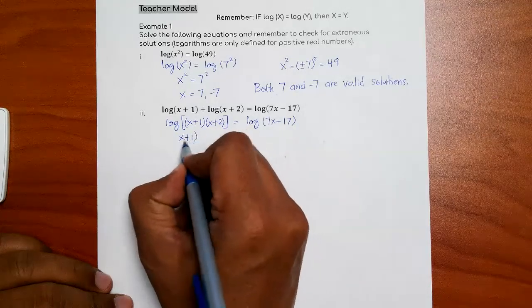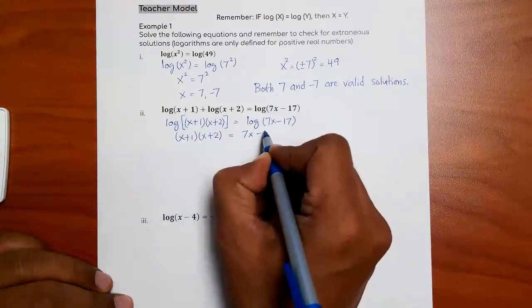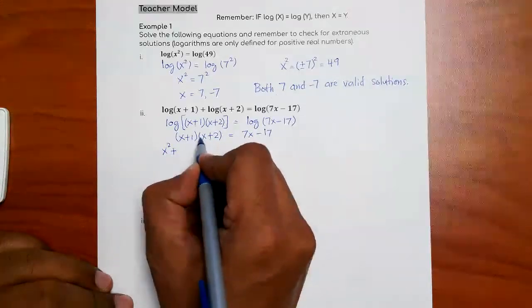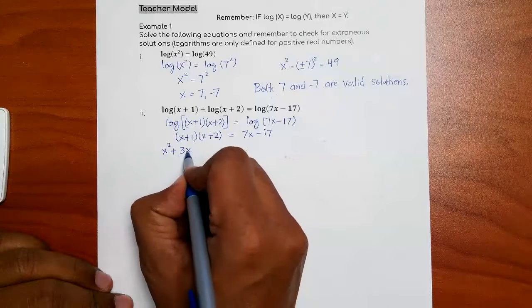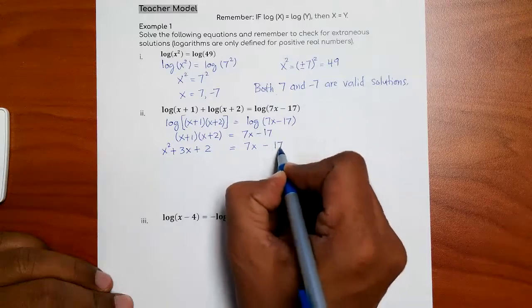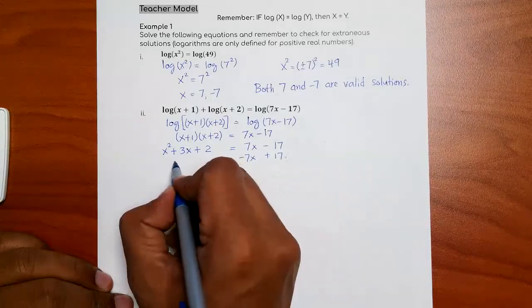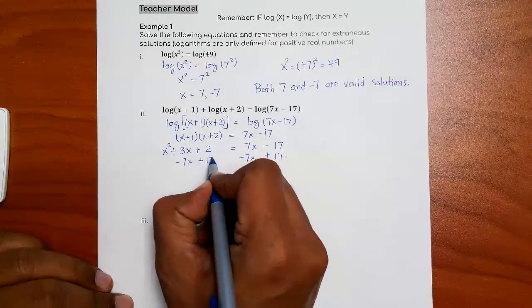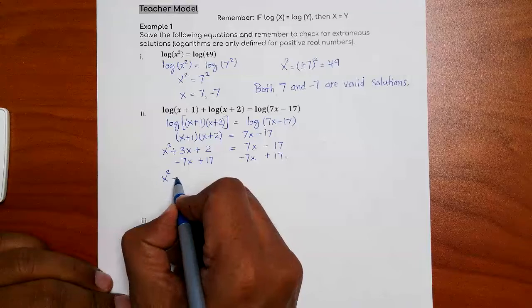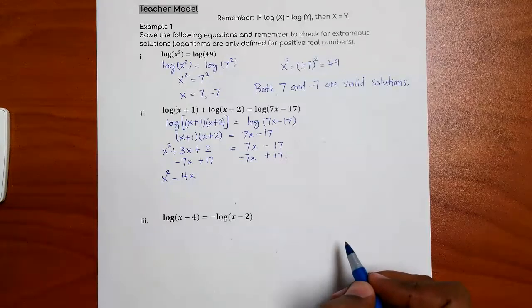Then (x plus 1) times (x plus 2) is equal to 7x minus 17. We multiply this: x squared plus x plus 2x, that is plus 3x plus 2, is equal to 7x minus 17. We want to get rid of these from here, so we have minus 7x and plus 17. Okay, now we have x squared minus 4x plus 19